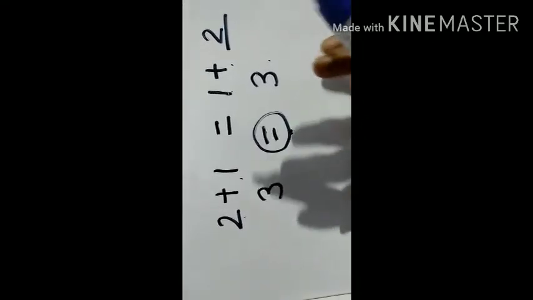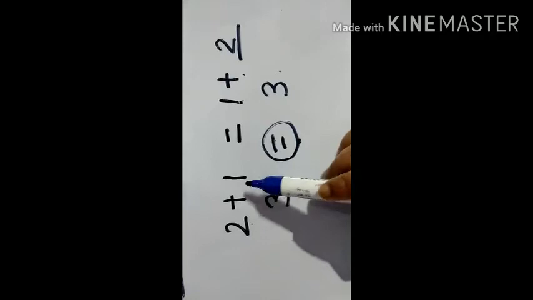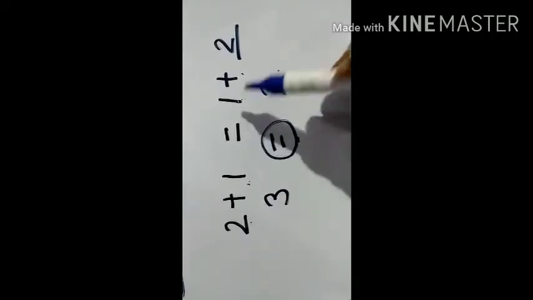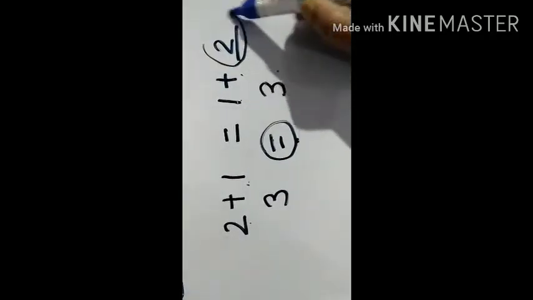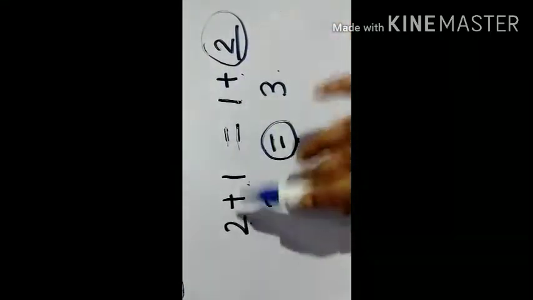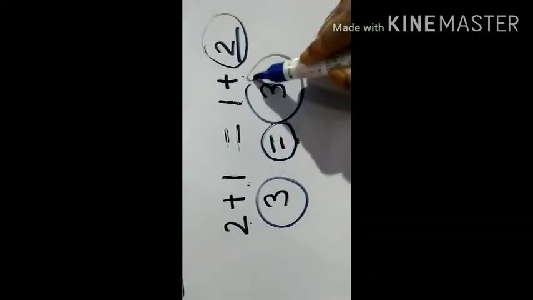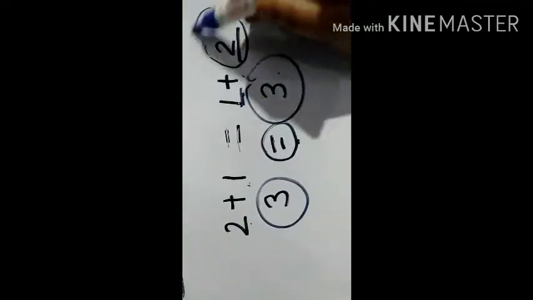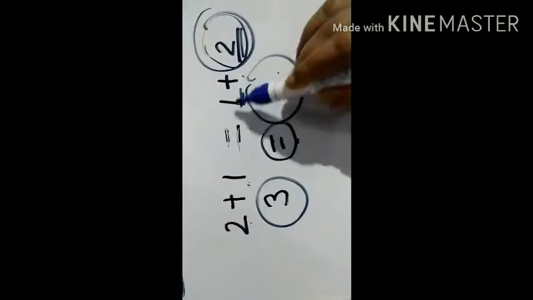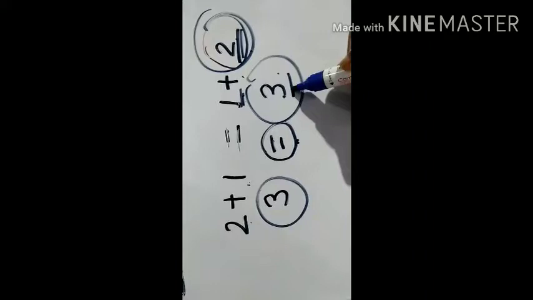Now I am just giving you this concept in Hindi. Please try to understand. यहाँ पे हम लोगों ने 2 नंबर लिया. 2 plus 1 कितना होता है? 3 होता है. अब यहाँ अगर हमारे पास बोला जाए कि ये फिल इन दी ब्लैंक्स भरो, तो दोनों इक्वल टू का साइन का मतलब क्या होता है कि दोनों के दोनों साइड सेम होना चाहिए. यहाँ तो मेरे पास क्या आ गया? 3 आ गया. यहाँ 3 आया नहीं ना, यहाँ तो 1 ही है. तो इसके लिए हम लोग क्या करेंगे? यहाँ पे क्या डालेंगे कि ये 1 plus 2 कितना होगा? 3. तो यहाँ पे हम लोग 2 डालेंगे, तभी ये 3 होगा.